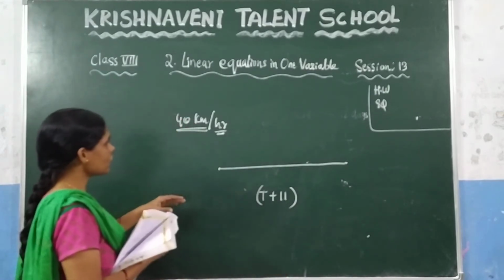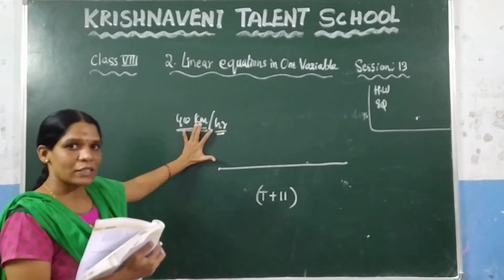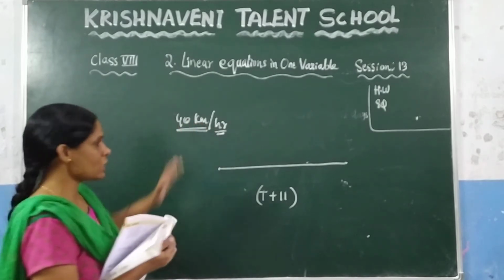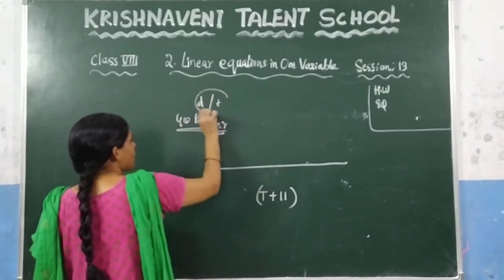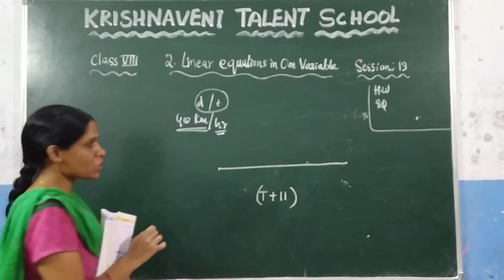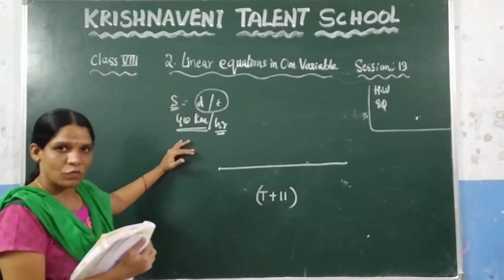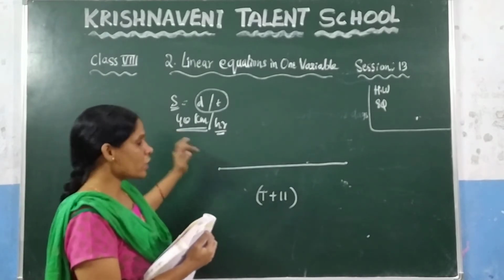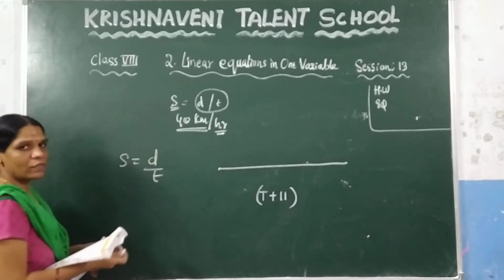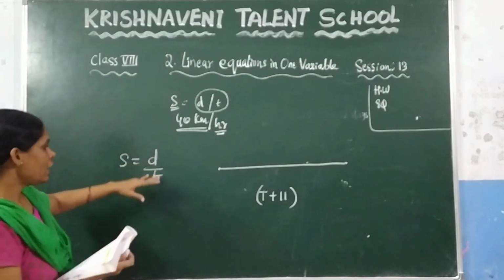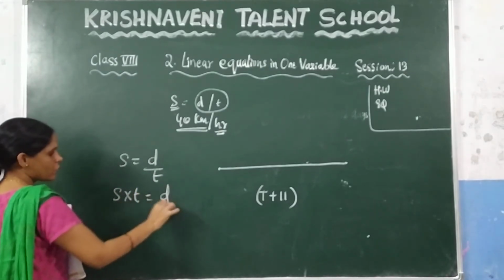Since here you can observe what the units are: kilometers, you know that kilometers is the unit for distance. So this is the distance and you know that this is the time. And what is meant by distance by time? Which gives you speed. That means the speed of the train you have been given. If you want to find the distance, you know that speed is equal to distance by time. Since we need to calculate the distance here, let us take this time to this side. You will get speed into time, which gives you distance.